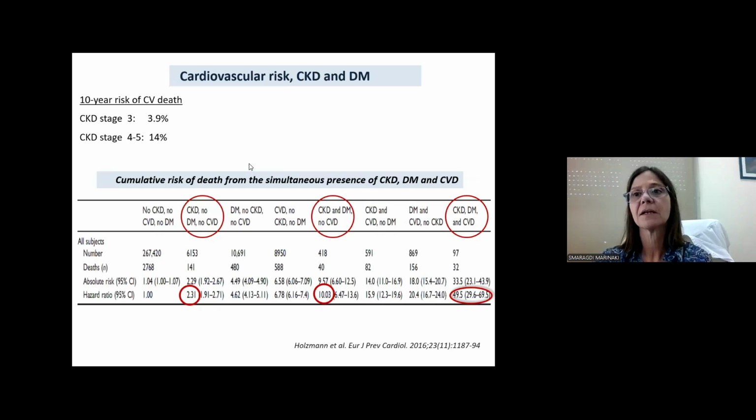If we put all 3 conditions together, the cumulative risk of death from a simultaneous presence of CKD, diabetes, and CVD, as we can see in this table, is as follows. The presence of CKD without diabetes and CVD increases the probability of death by 2.3 times. CKD and diabetes without CVD increase this risk of death by 10 times. And if all 3 conditions are present, then this risk of death increases by 50 times. So it is imperative